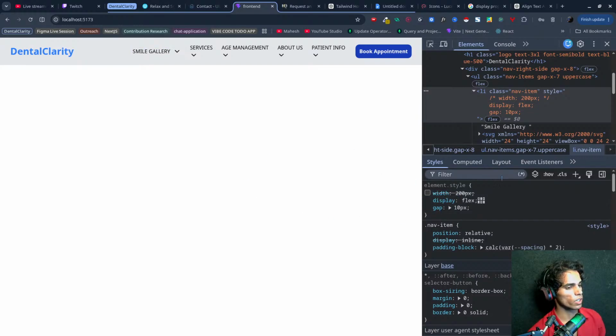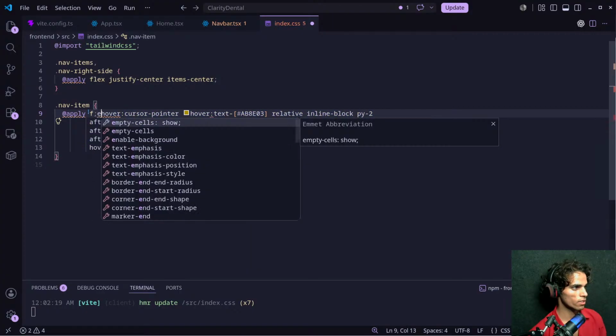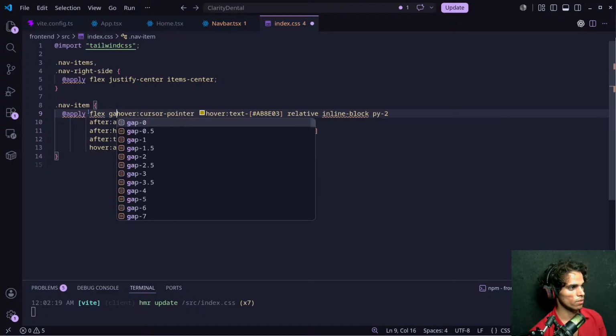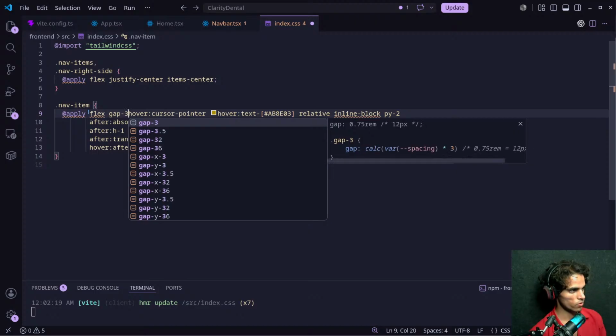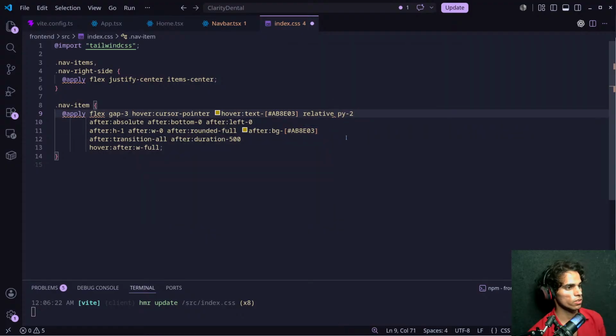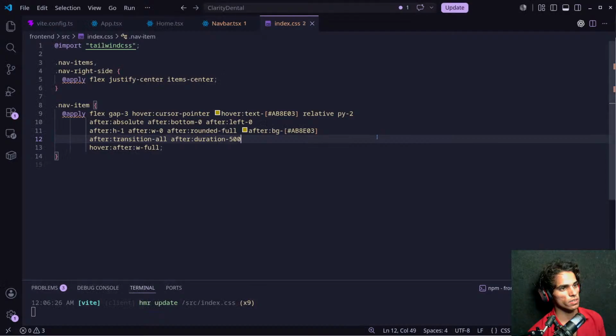So yeah, this is what we want. So what we are going to do, let's get into this and give it flex gap, this is what I want, and let's remove this. Okay. This is working now as it is.